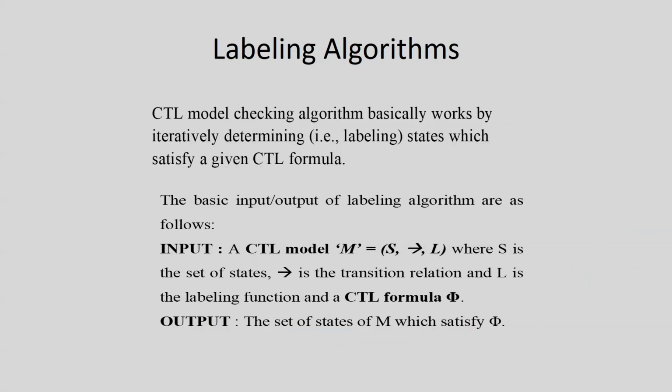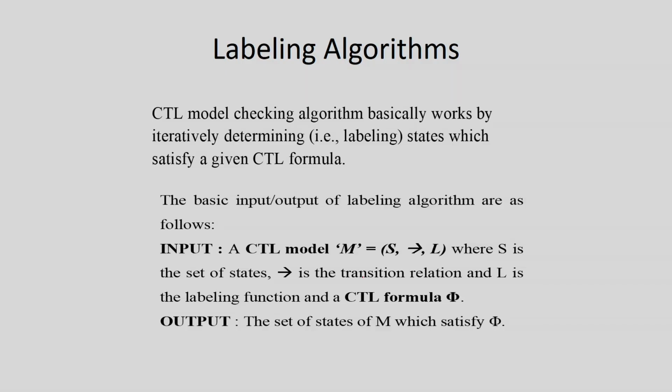So, the CTL model checking algorithm basically works by iteratively determining or labeling the states which satisfy the given formula phi. Iteratively it checks each and every state, and if the formula is true, it labels that state with the formula, and after labeling all the states, it returns the set of states where we have the label phi,